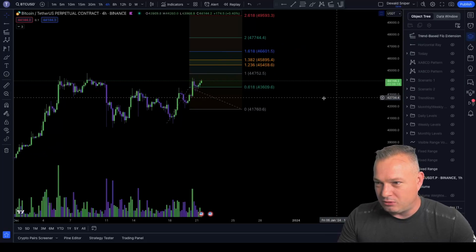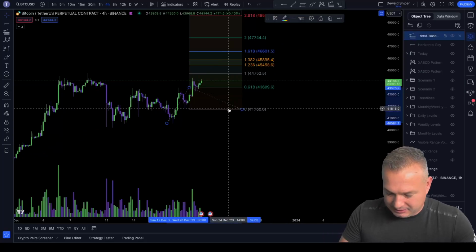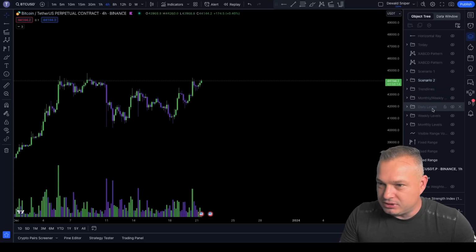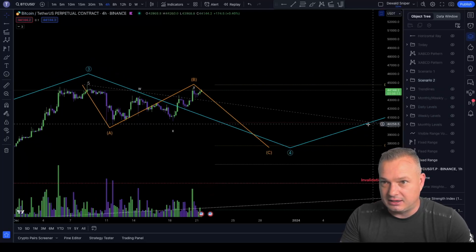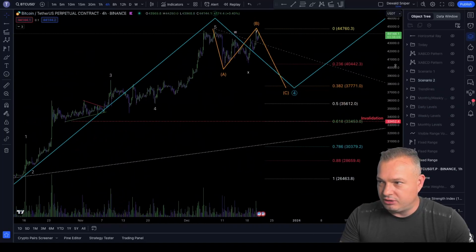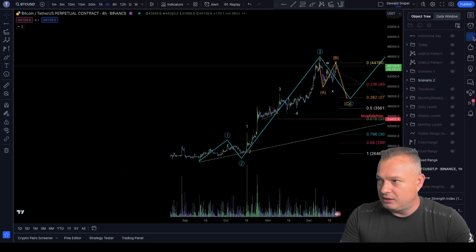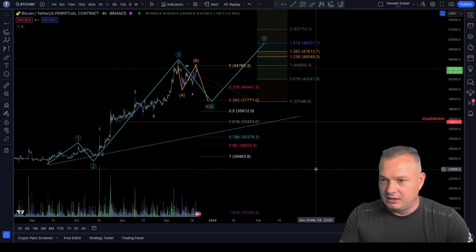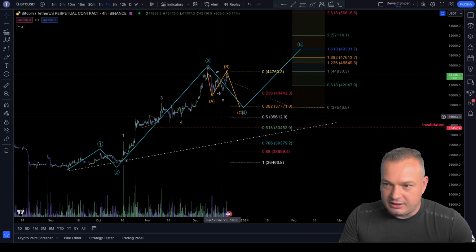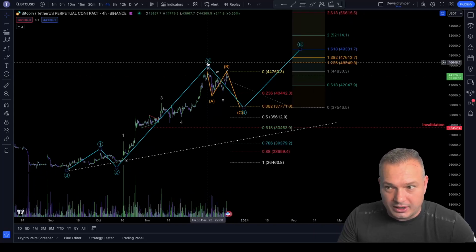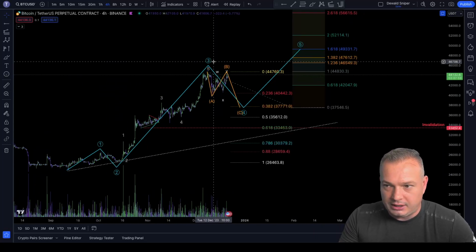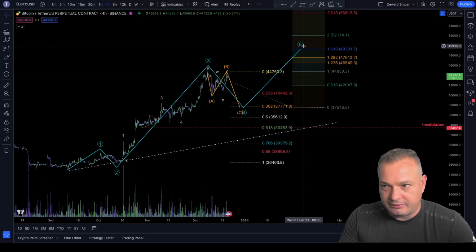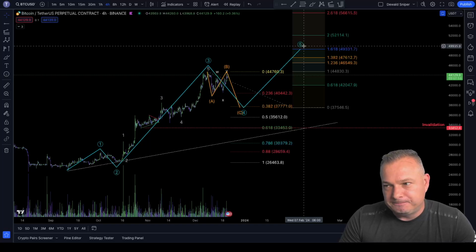Switch scenario 1 off, can take this out the way. Scenario number 2 says, okay, let's just zoom out to show you the entire structure. Take this out the way. Okay, scenario number 2 says that we've only now completed the 3rd wave. 1, 2, 3, 4, 5. Okay, something about this scenario